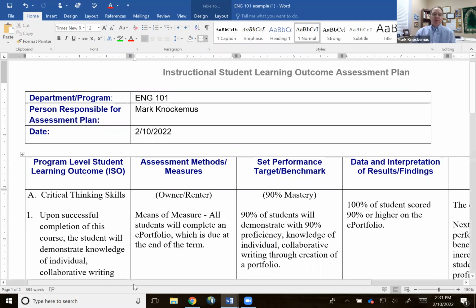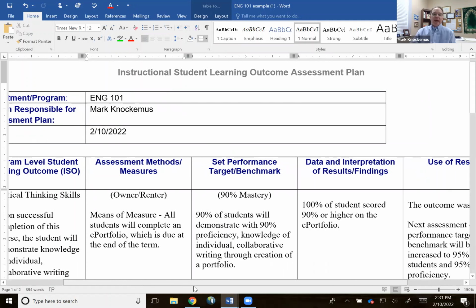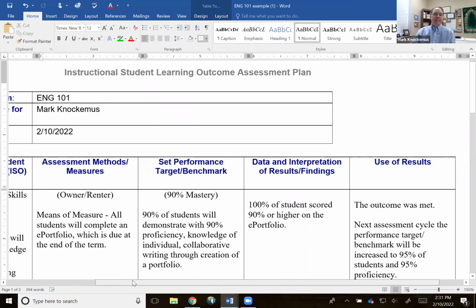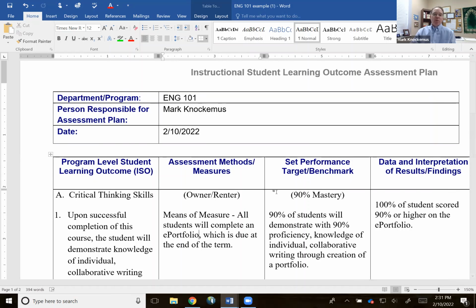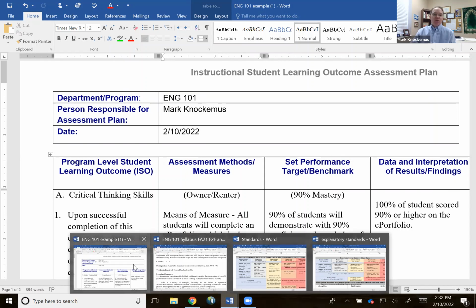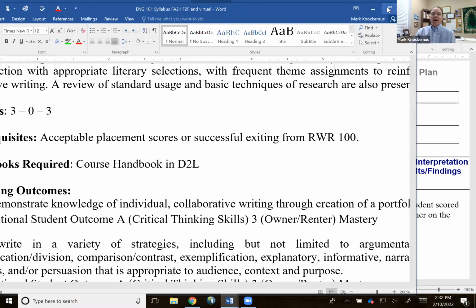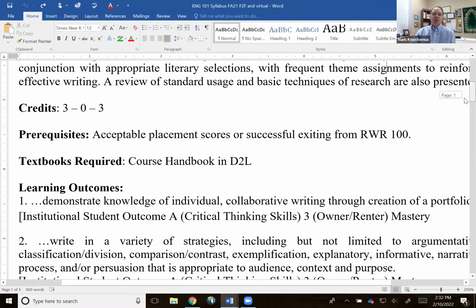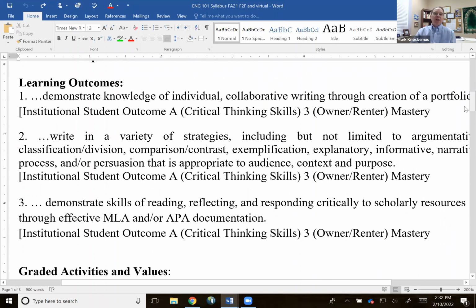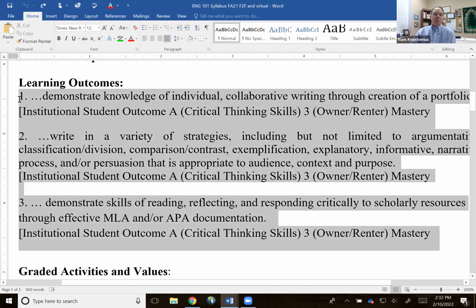And here we see the new form. The first place to begin taking a look at this new form is not actually on the form itself, but on your syllabus. So this is our English 101 syllabus, and here are our learning outcomes. These are the learning outcomes that we all did through the effective teaching course. Remember that? And so all of those learning outcomes